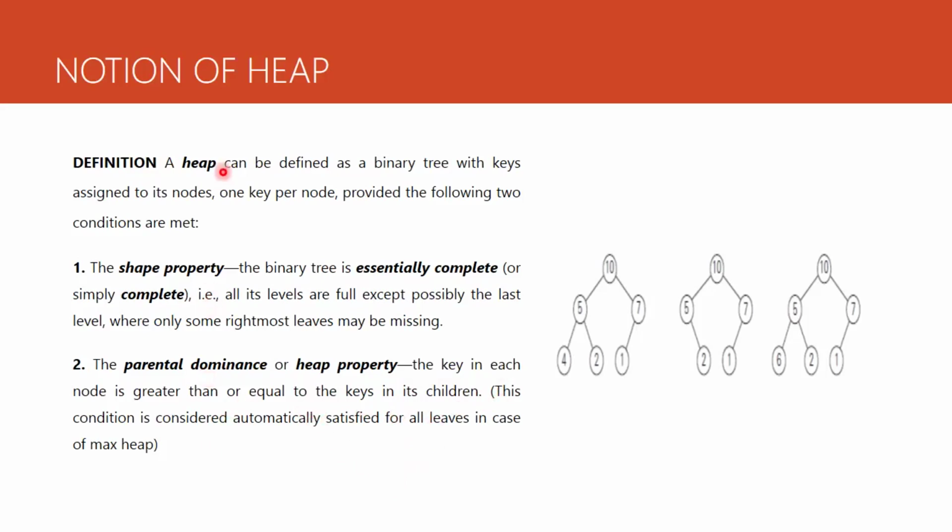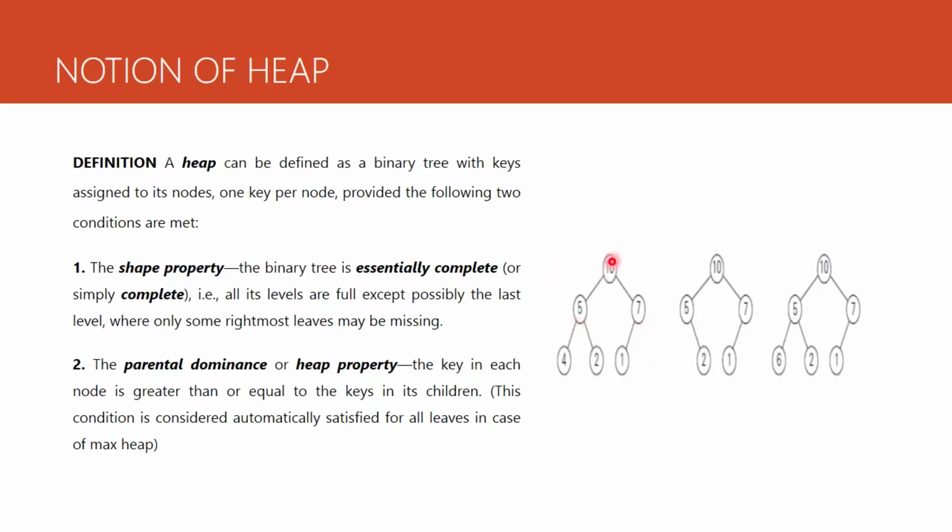So let's understand the definition and the properties again with an example. What did I say? A heap has to be a binary tree. Binary tree means each node can have a maximum of 2 children. So this node has a maximum of 2 children, and this node also has a maximum of 2 children. That's fine. Then what's the shape property? All its levels can be full. So till here it's fine.